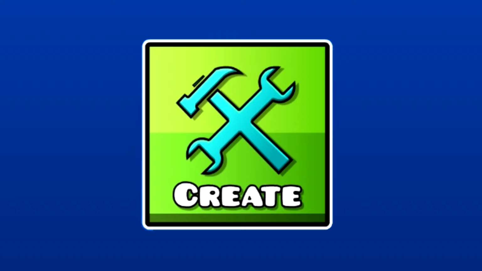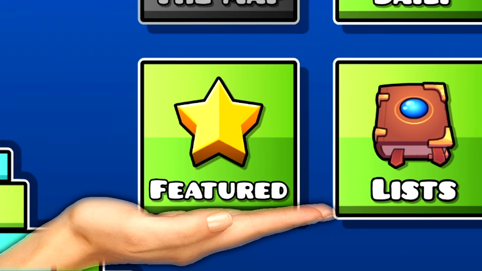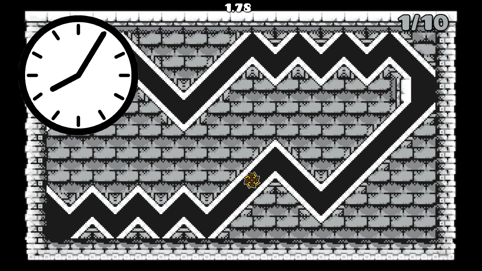In Geometry Dash there are 107 million levels that you can play, but only 42,000 of them were good enough to get featured. Most of these featured levels took weeks or months, while others took years to create. But what if I told you that there is a handful of featured levels that took only minutes, if not